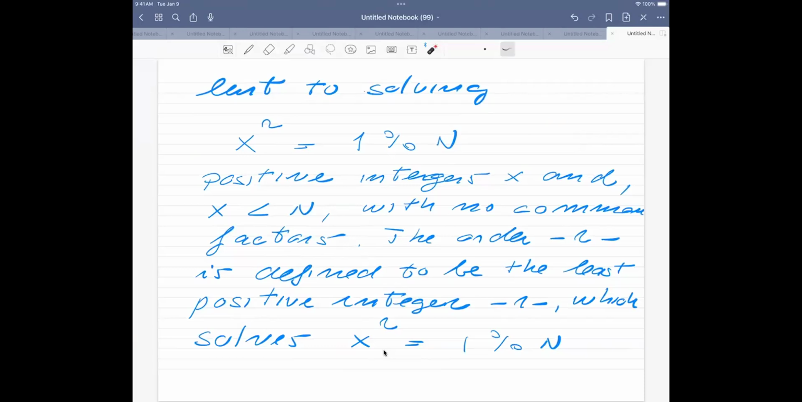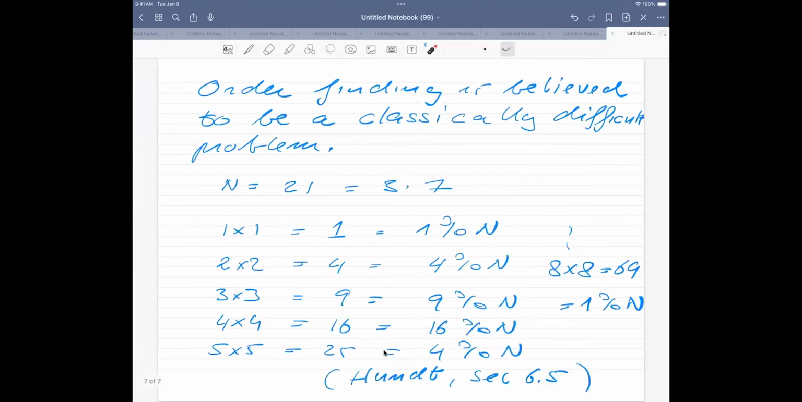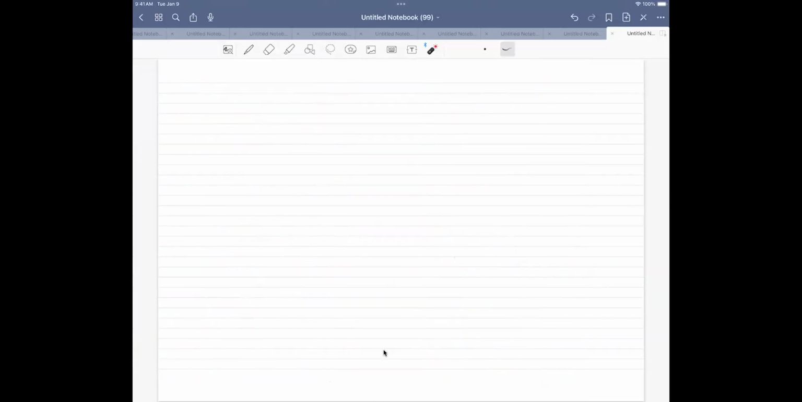So the quantum variant, which is Shor's algorithm, is one which allows us to actually set up these calculations at a much quicker pace and with much less